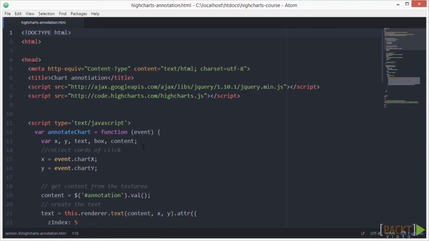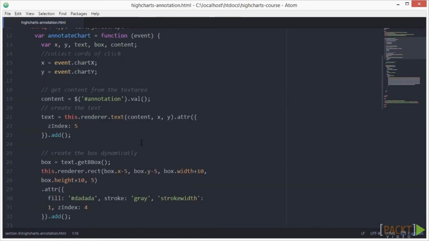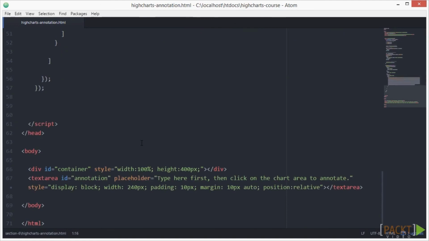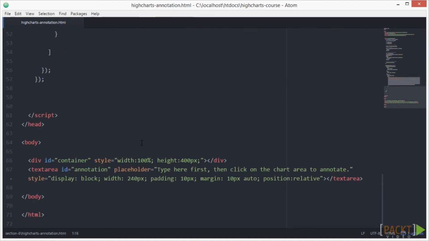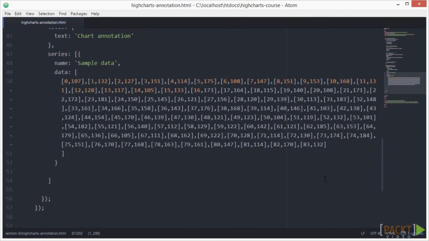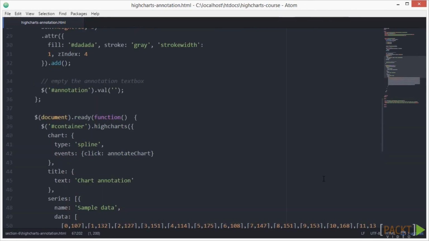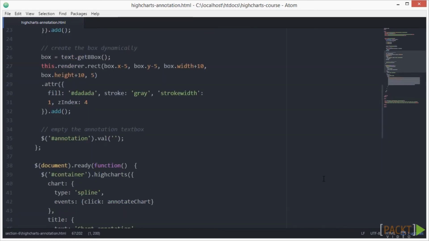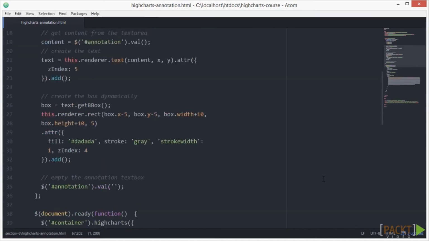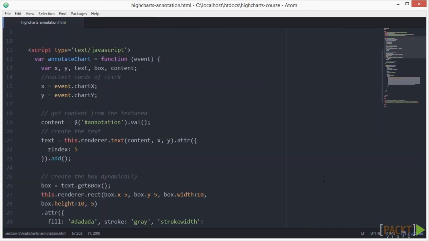Let's open up highcharts-annotation.html in our code editor. In this powerful example of ours, we use a general spline chart and 2 extra things. First, we add a text area with some styling after the container. Then, we define and construct an event that needs to be fired after adding text in the text area and clicking on the chart. For this reason, we separate the event options in a variable at the beginning of the